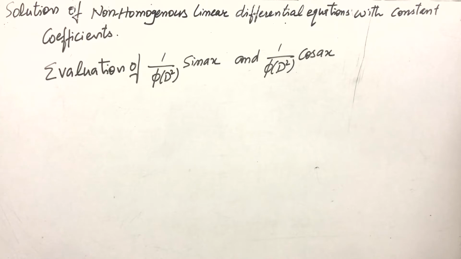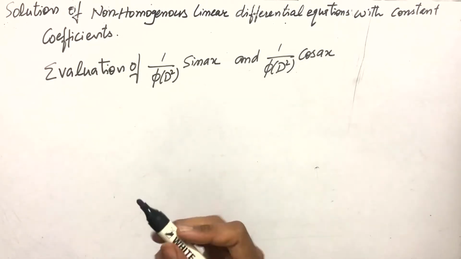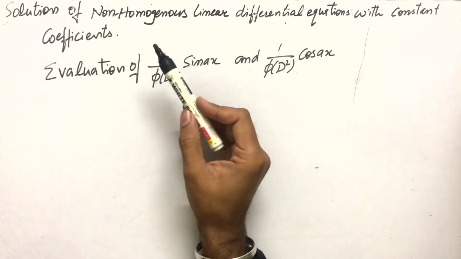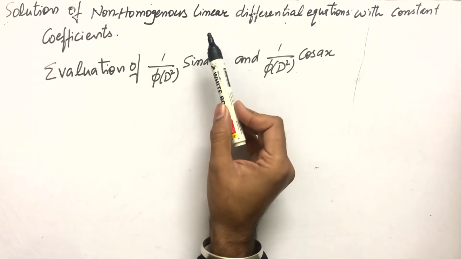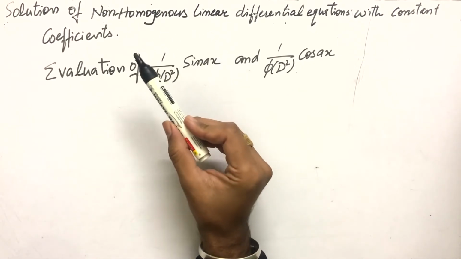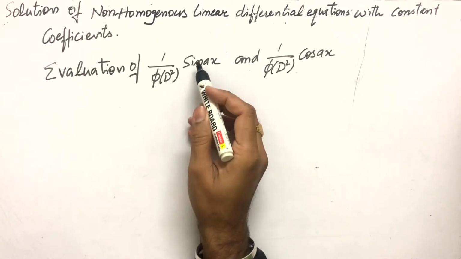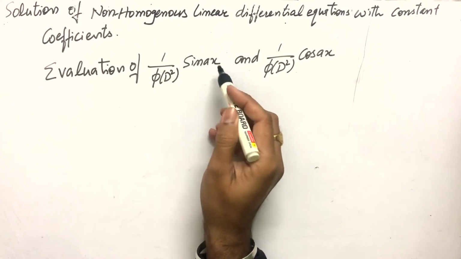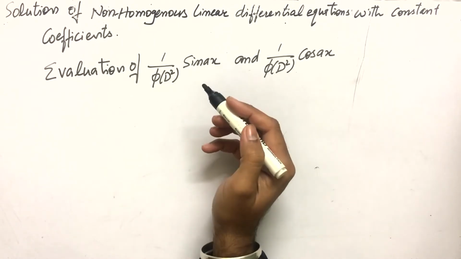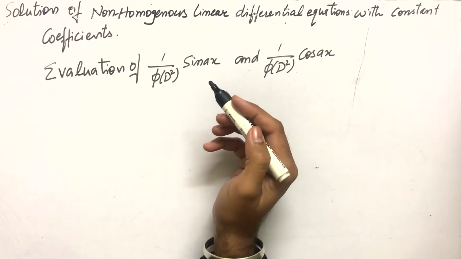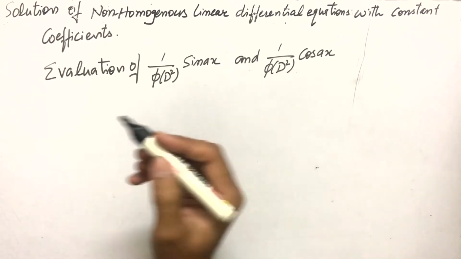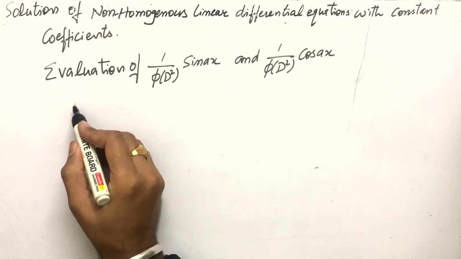Hello students, in this video we will learn some new methods to solve non-homogeneous linear differential equations with constant coefficients. Now if we have this type of condition, then how can we evaluate the particular integral for that? Let us discuss, and here the formula is 1 upon